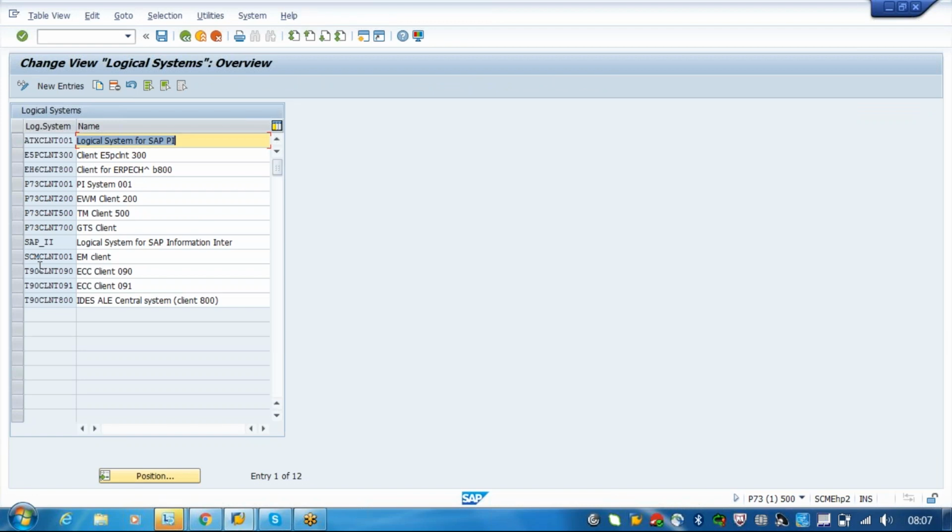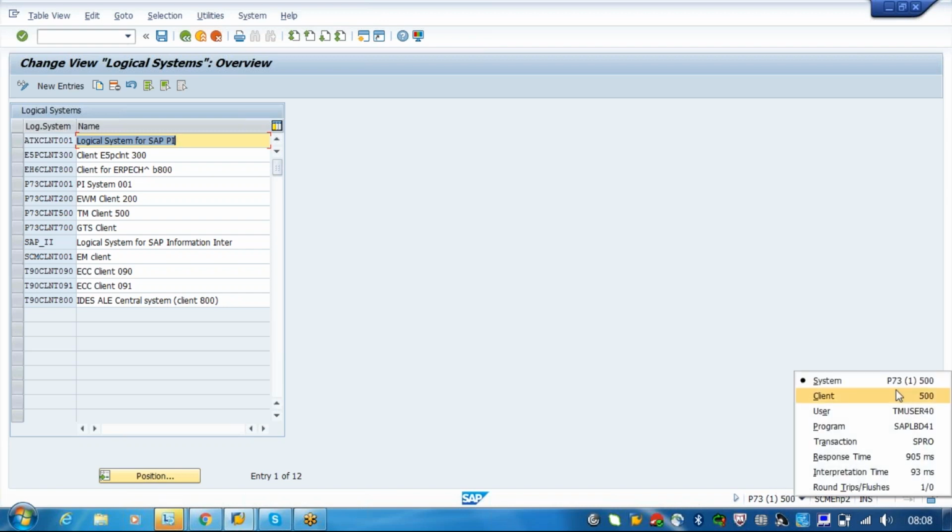Okay, so this is a logical system, and we have to define it as follows. The first three characters are the name of the client, like for example P73, and the next four characters are CLNT. Whatever the client, you just say the next four characters as CLNT. Then the last three characters represent the client number.